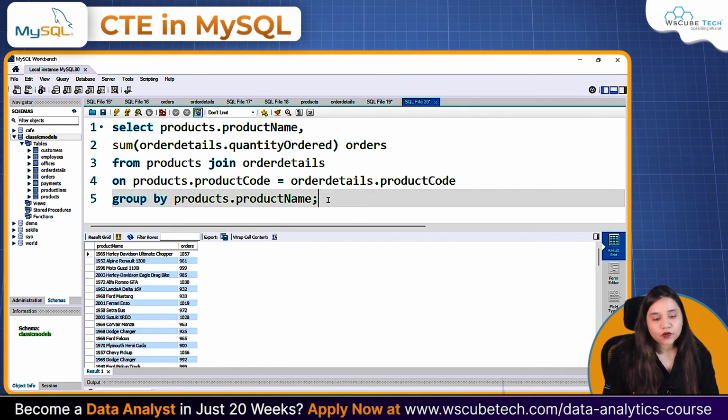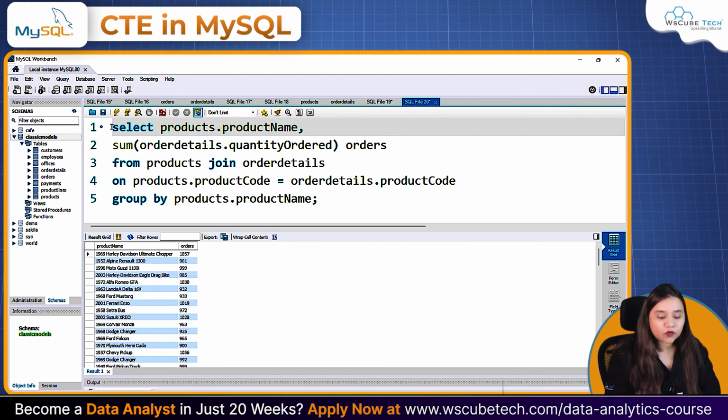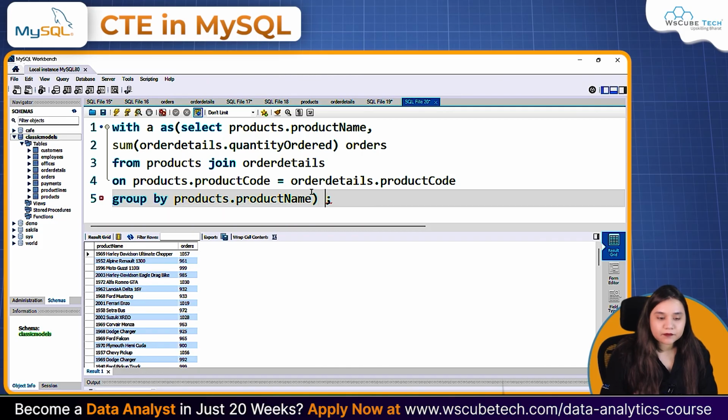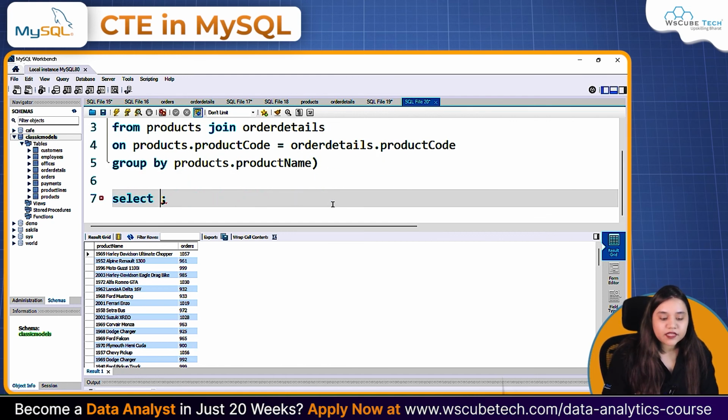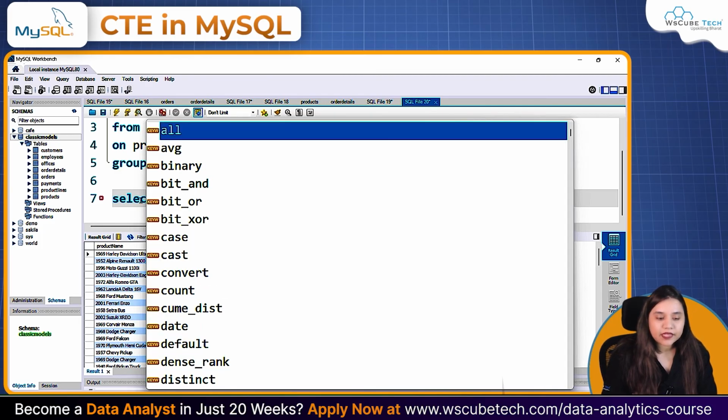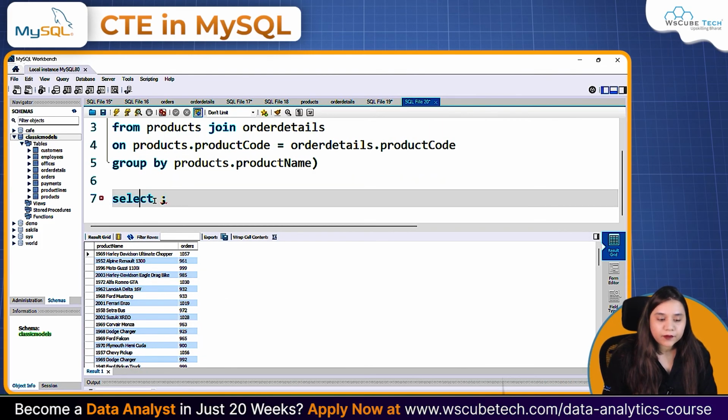What if I want to convert it to a table that is temporary in this particular query? For that, I can utilize a common table expression. I can start with a as and call it a table. I simply need to do this, and it will convert this into table a, and now from this a table I can call anything. For example, from here I want to call product names. So I'll simply call product name from a